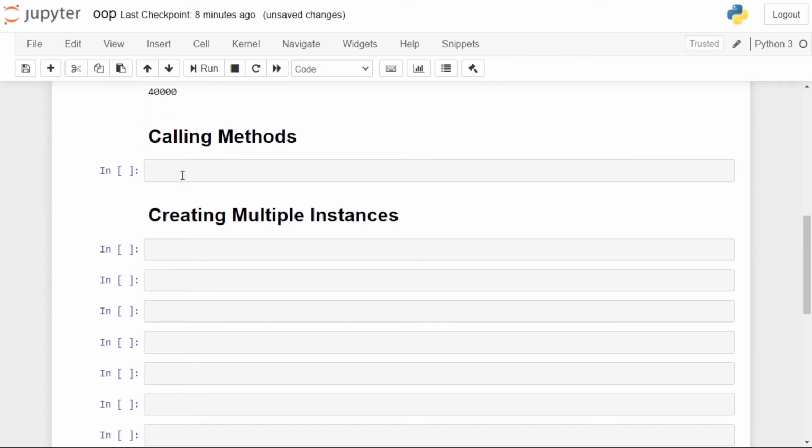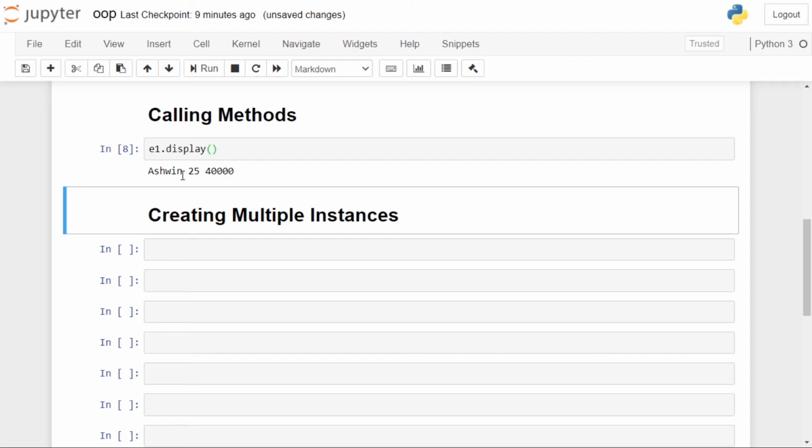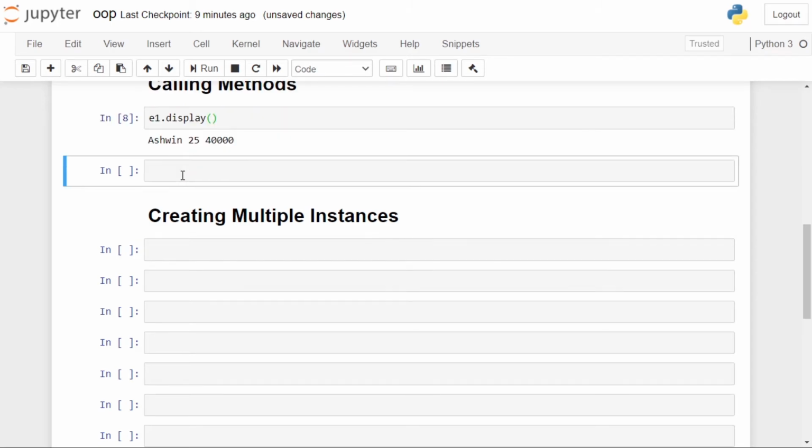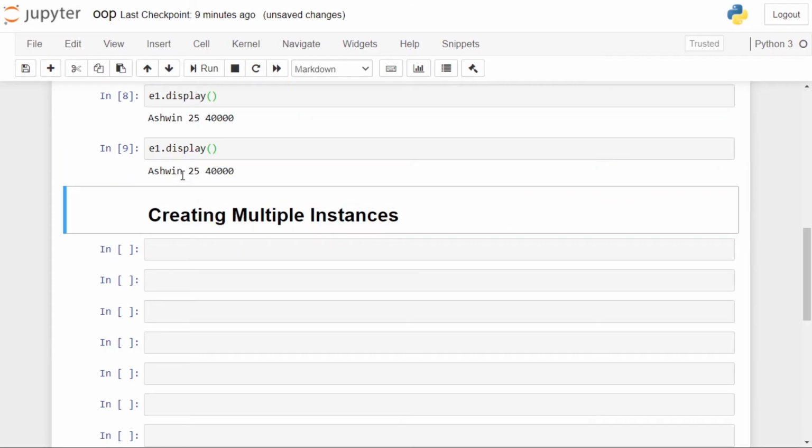So via the object E1, we are calling the display method. It will show the information. You can call it any number of times. E1.display, again it will display the same information which is stored inside the class.